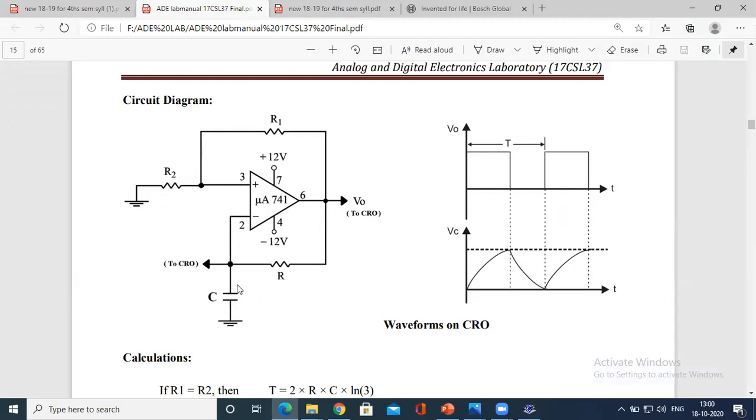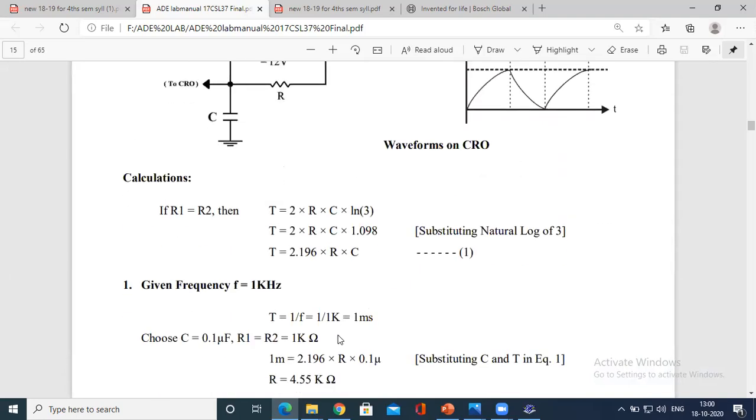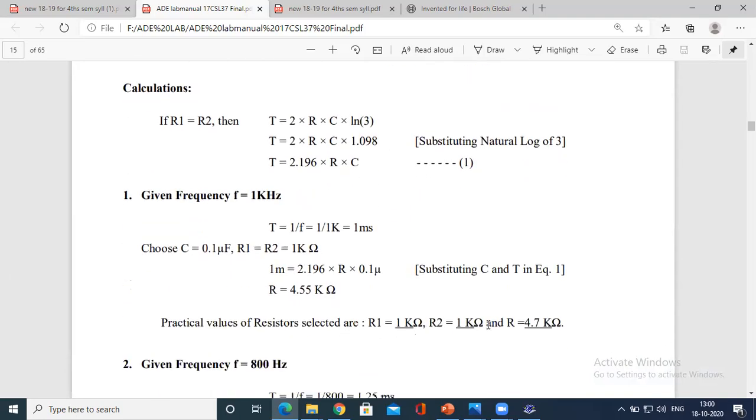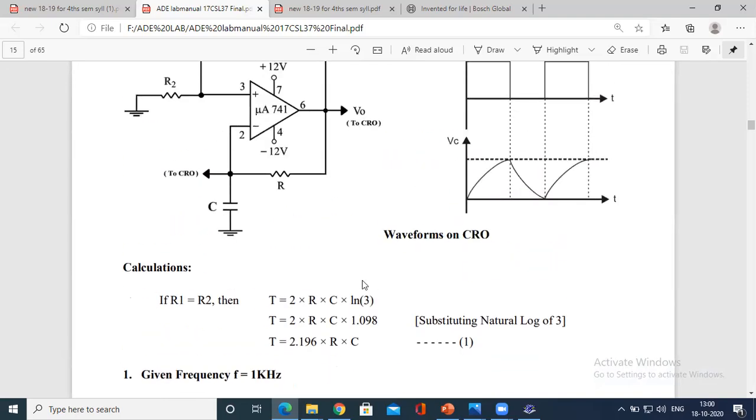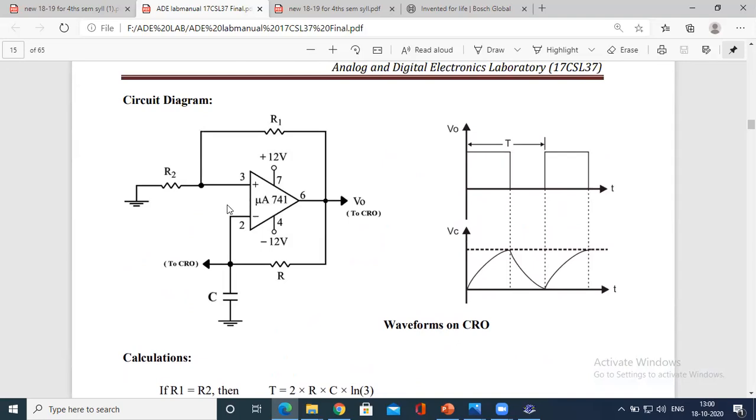You have to connect a capacitor. So in fact, the capacitor could be connected at this point or directly at 2. So let me take a capacitor of 0.1 microfarad, right? And it has to be connected at 2.